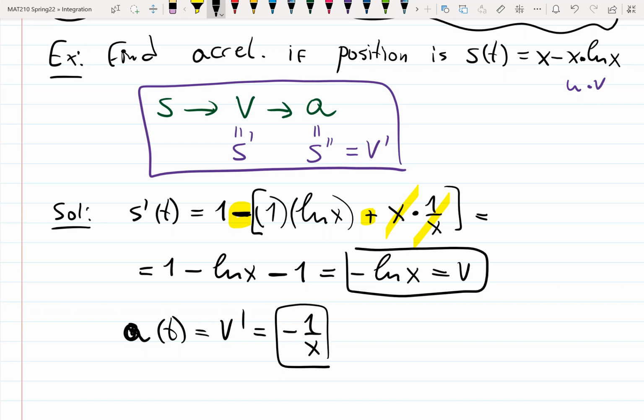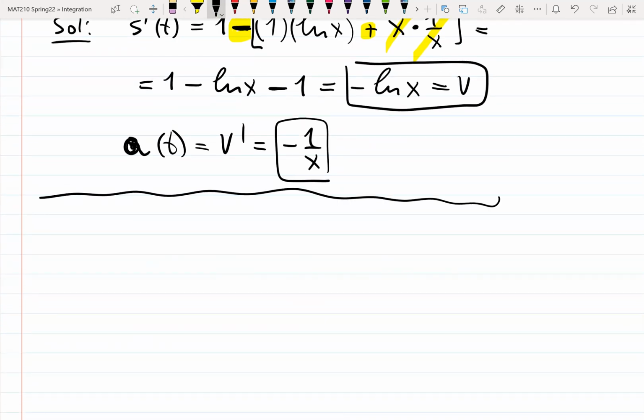More stuff. After that, we learn increasing, decreasing stuff, maximum and minimum stuff. And we learn different things. We learn a lot of stuff after this, related rates and stuff. So let's do that. So applications,